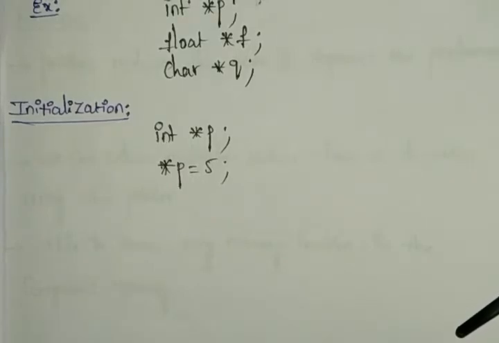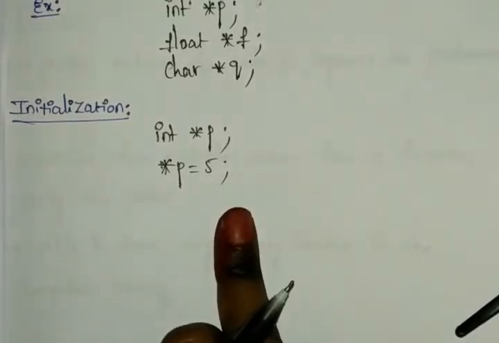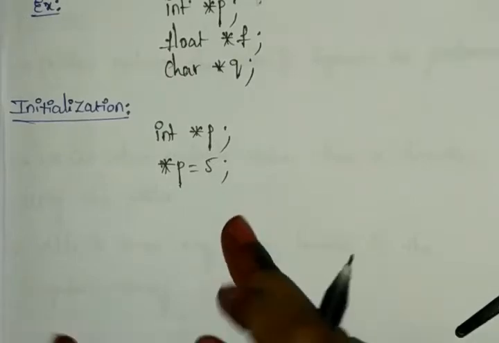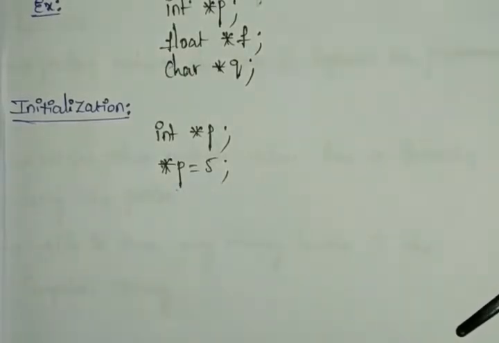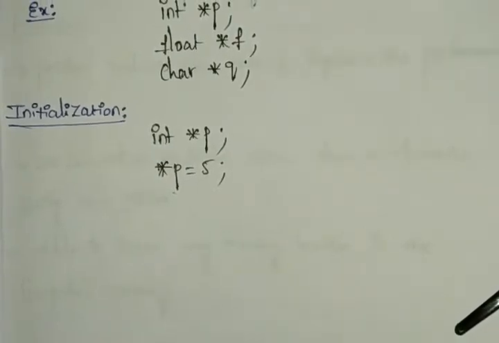So here first you can compile our statement. Whatever statement you have, first it needs to be compiled. The value 5 can be stored into the address pointed to by our p. So why? Because here we gave the value to the p only, right? So that's why it stores the value in our p. And suppose we can say the p points to an address of 1540. So how can it be stored in the location?